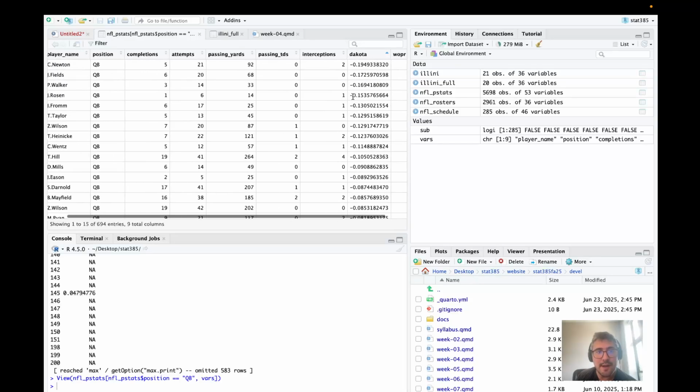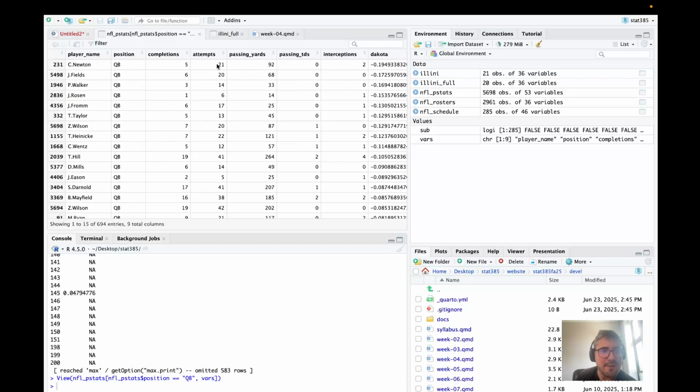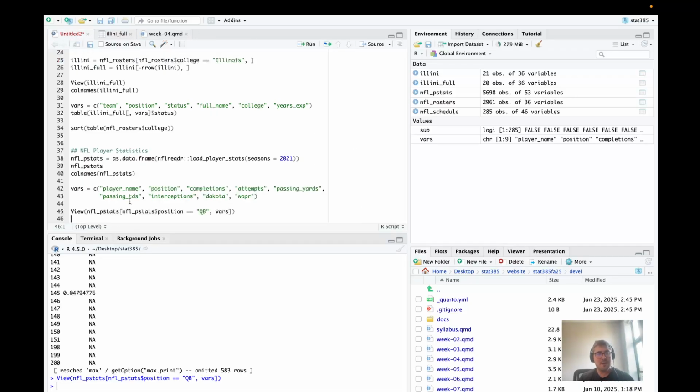Ooh, yikes. What did this person do? 5 for 21 with 2 interceptions. Yikes, that's awful. All right, anyways, there we go. Cool. All right, so let's get, okay, that Dakota thing was kind of fun. I like that. Let's do,